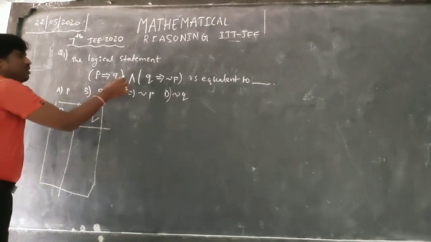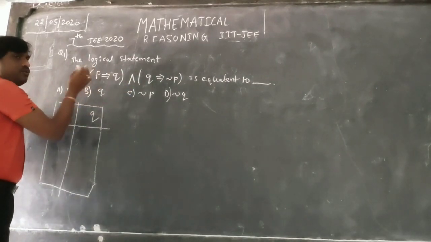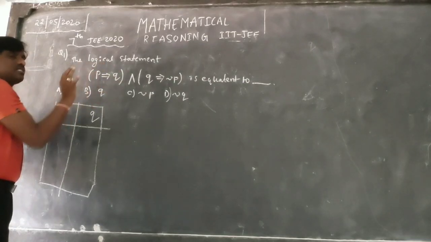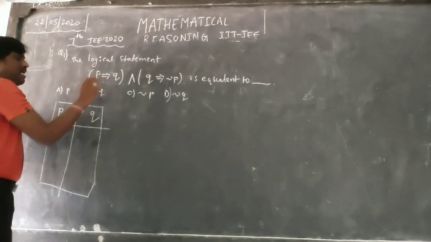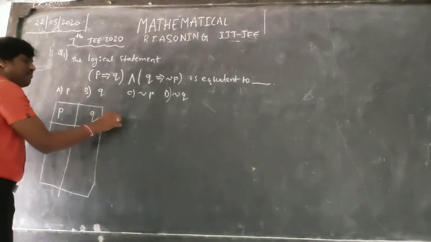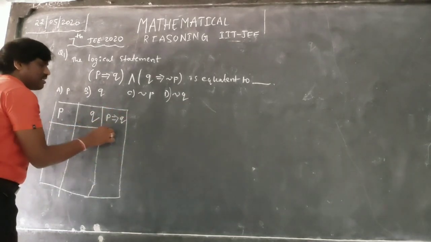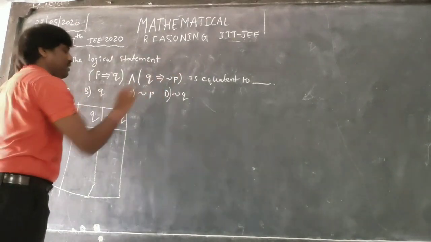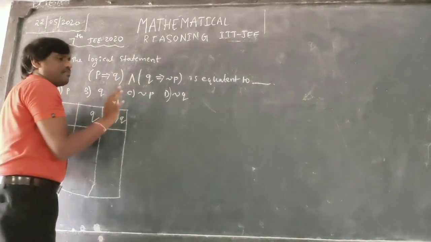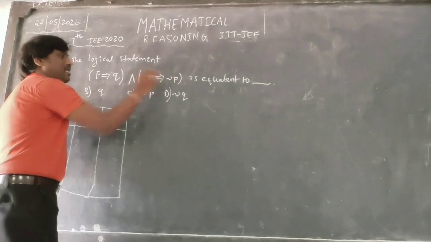First I do the left side. Under the bracket, fill in what you have here: P implies Q. So fill this bracket first, this box. I have done this. Don't go for the AND yet, just fill this under-bracket.